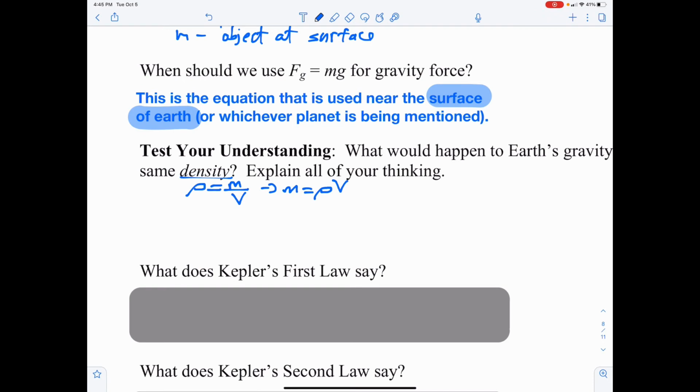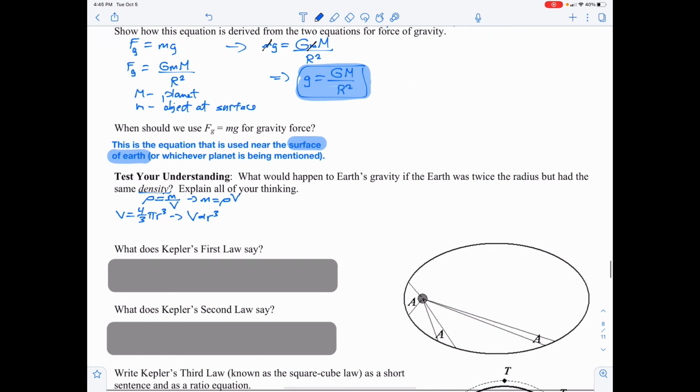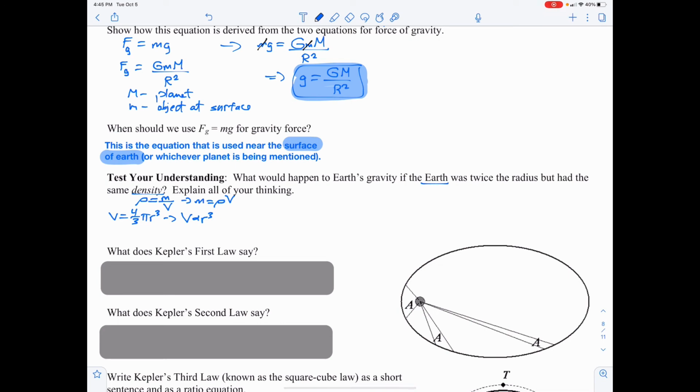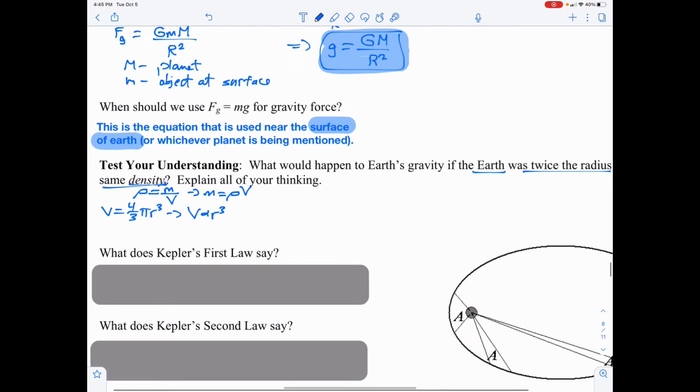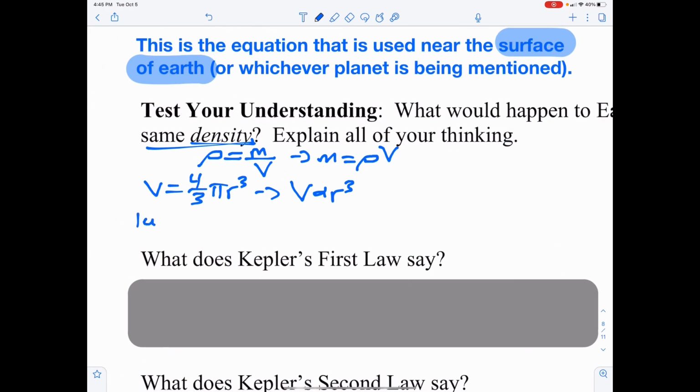So one thing to think about in terms of a planet is essentially a spherical object, and the volume of a sphere is 4/3 times pi times r cubed. What this means is volume is proportional to radius cubed. So let's look at what we have here. Earth has twice the radius, but the same density. So twice radius, same density